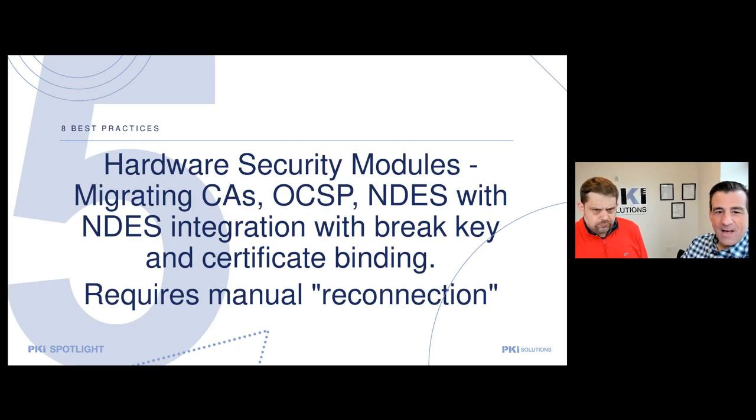All right, number 5. HSMs, hardware security modules. Migrating CAs with broken key and certificate binding requires manual reconnection. So just in general, if you're dealing with an HSM, you've got to make sure that you are able to get back to the key somehow, get back to the function of being able to perform a signing. And specifically these functions,